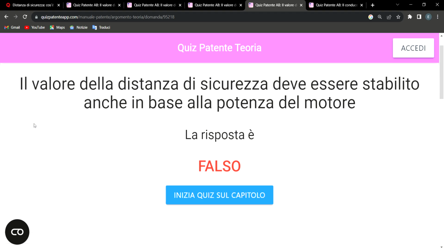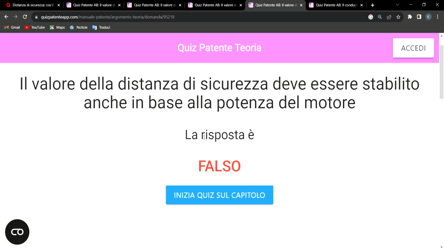So the question says, the value of the safe distance that you are to maintain has something to do with the engine, the type of engine of the vehicle. So it is not true. Maintaining this safe distance in terms of driving has nothing to do with the engine of the vehicle. But in a situation whereby they now say that maintaining the safe distance of driving has something to do with the type of vehicle,